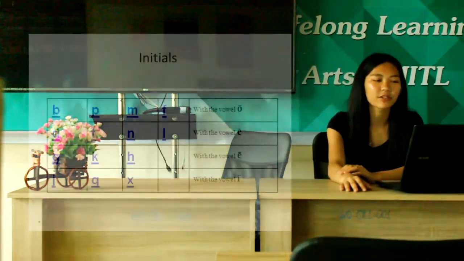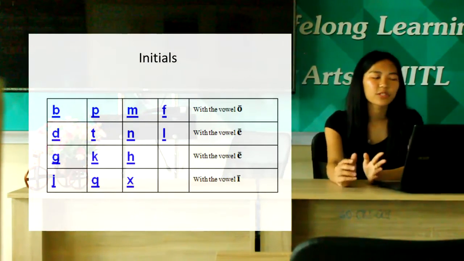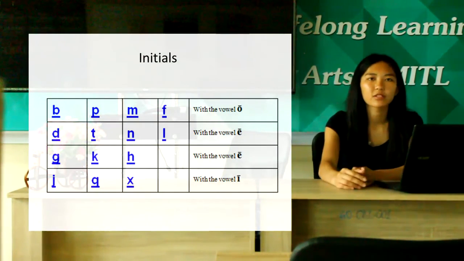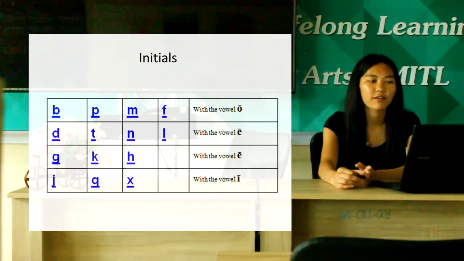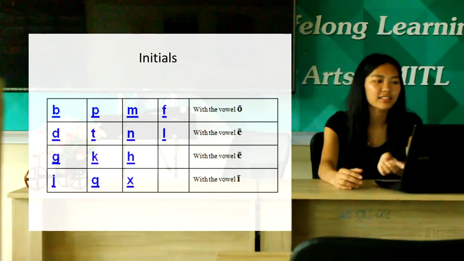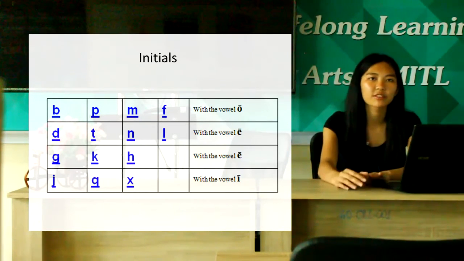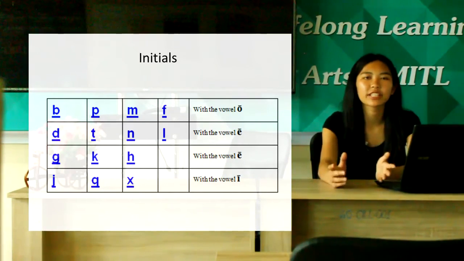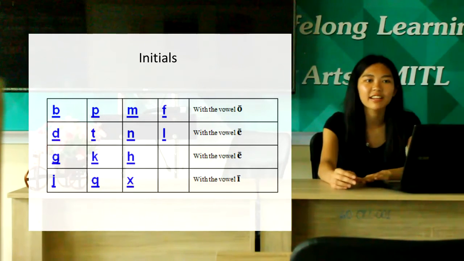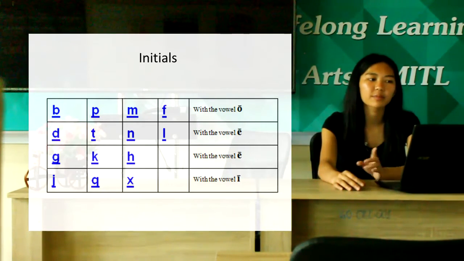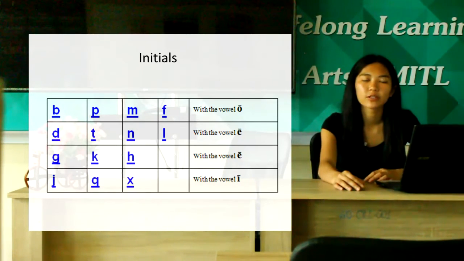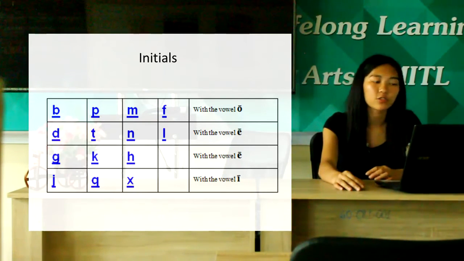Next, we'll talk about the initials. We start with something easy. Actually, Mandarin is a bit like English. We have B, P, and F, D, T, and L, G, K, H. But we do not pronounce them like English. We won't pronounce them as plain letters because it's really vague and you can't hear me, right? So usually when we pronounce B, P, and F, we just add a vowel o. We pronounce it with o. For example, when we pronounce the initial B, we will say